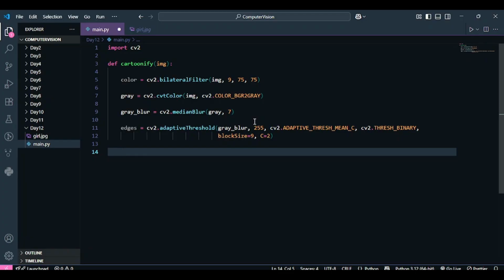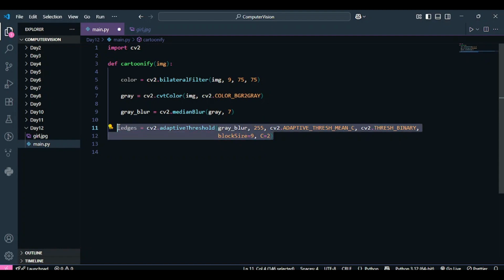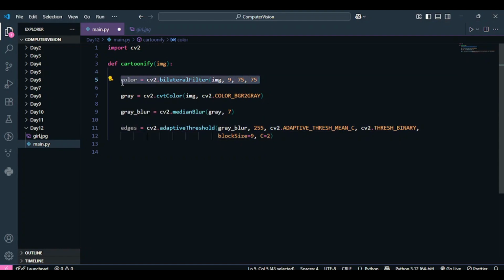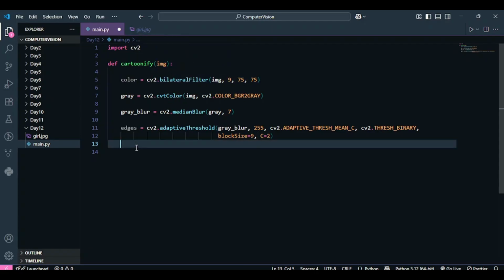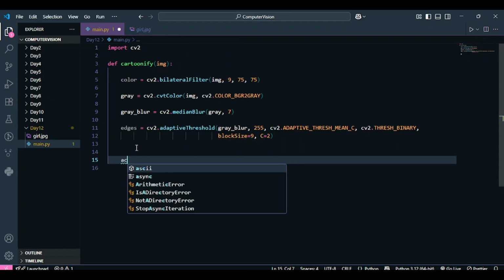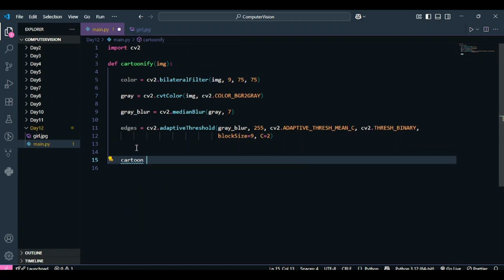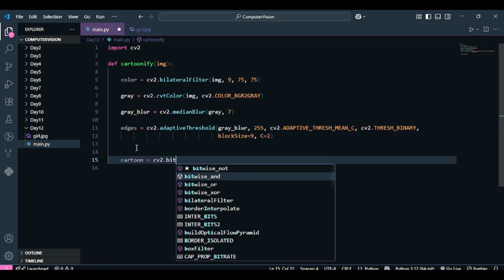Okay, so now I want to create a cartoonified image that will have my edges, and that will also have my smoothened out colors as well. Now to combine these two things, I am going to create a variable cartoon, and I'm going to use my OpenCV function, which is called bitwise and.